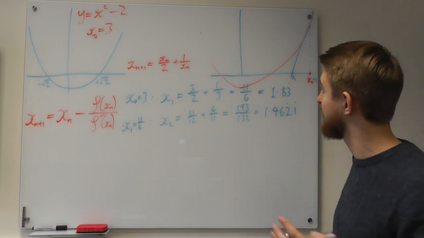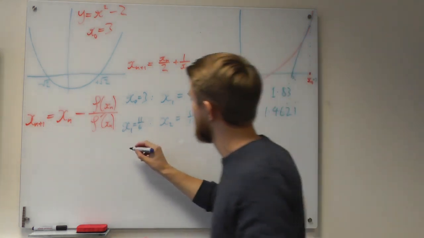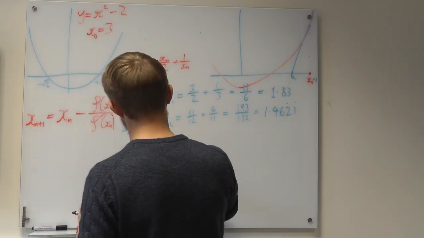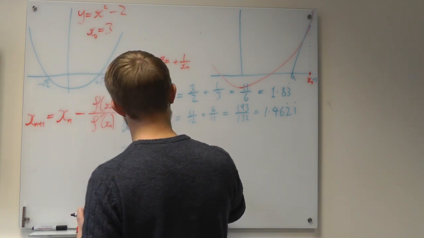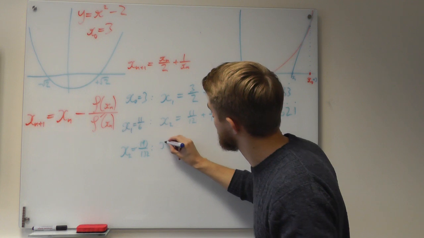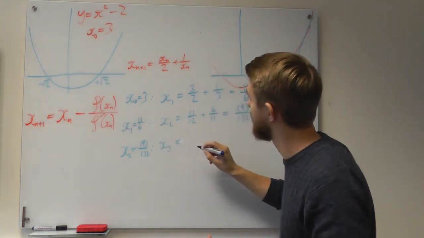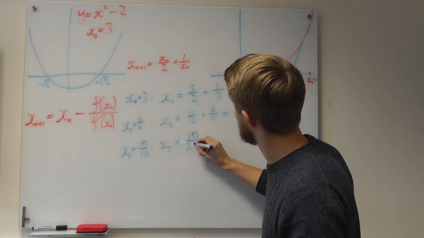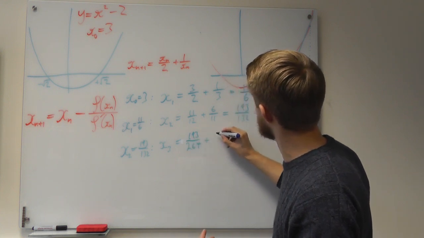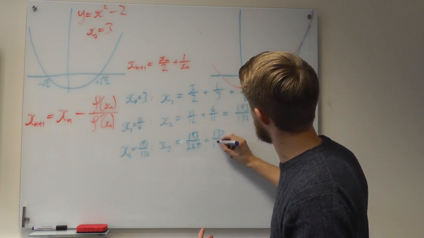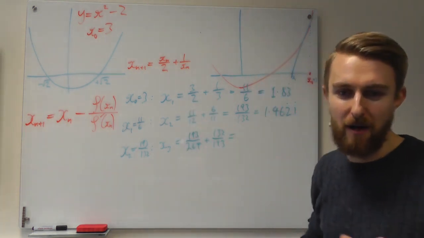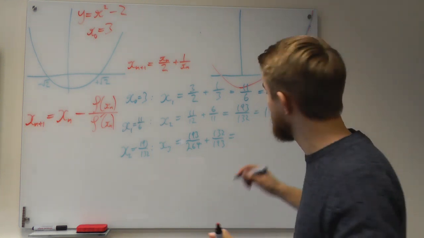Okay, and we'll apply it one more time. So x2 equals 193 over 132. So x3 is going to equal 193 over 264 plus 132 over 193, which equals, we'll forget about the fraction this time round,